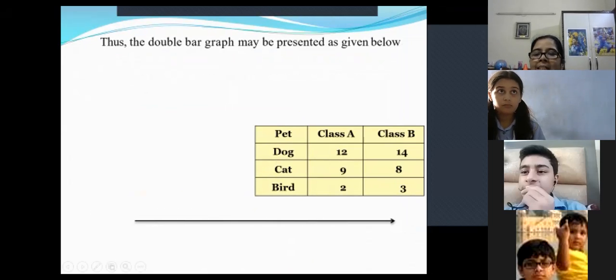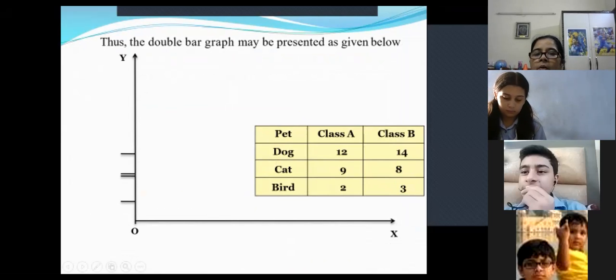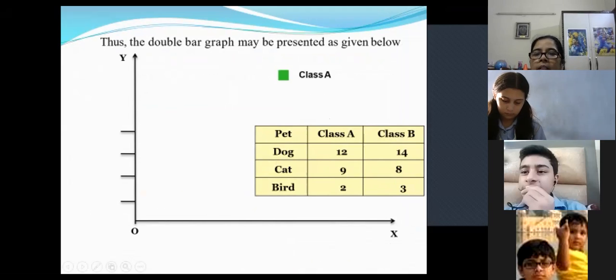First we will draw x-axis, then y-axis, then title of x-axis, class. We have chosen two colors, one for class A, another for class B, and on y-axis I have chosen 4. You can take any 2 or 1 or 3, whatever you want. I think 2 and 4 will be convenient.